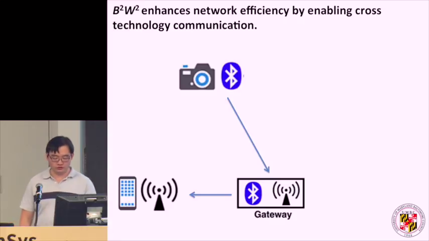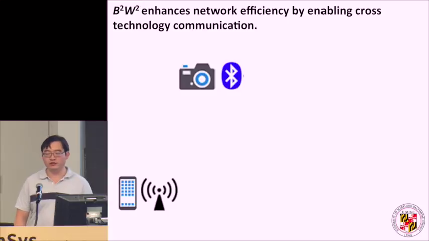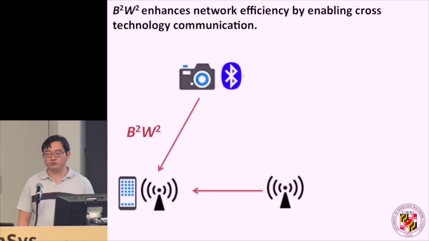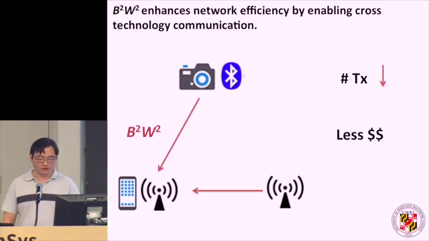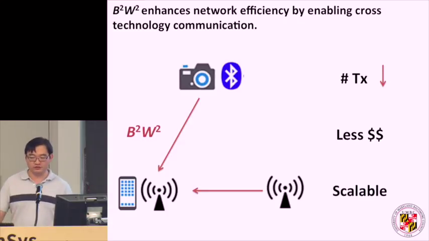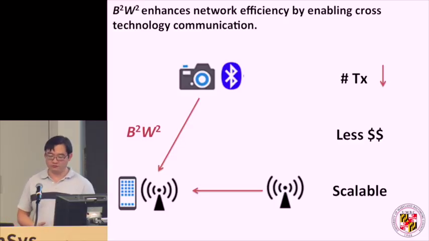So what we want to do for our work, to summarize it, is we want to remove the gateway. We want a Bluetooth device to be able to communicate directly with a Wi-Fi device, while simultaneously the Wi-Fi device receives, of course, Wi-Fi signals. This decreases the need for that redundant message. It costs a lot less money. You don't need to buy these gateways. And it's much easier. You can scale this with the exponential increase of IoT devices.